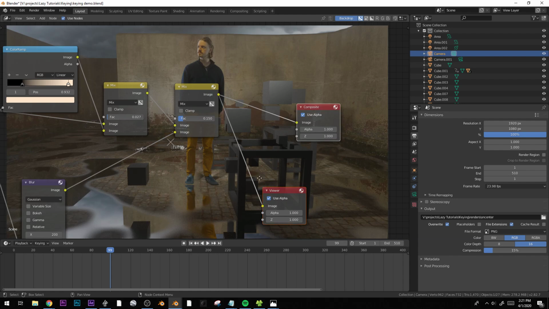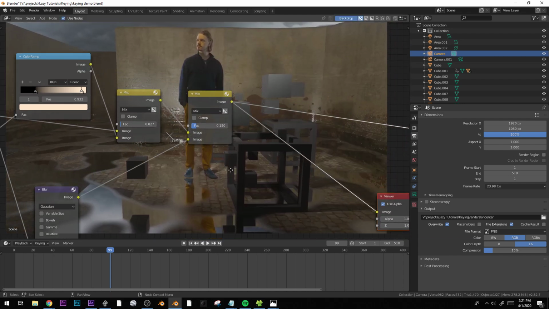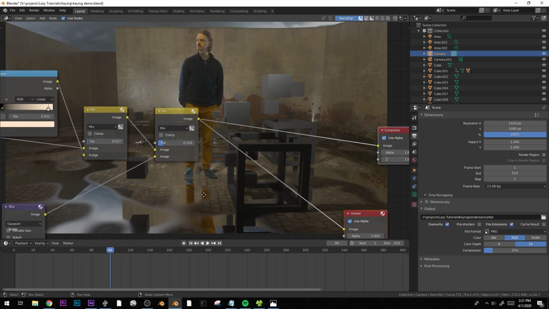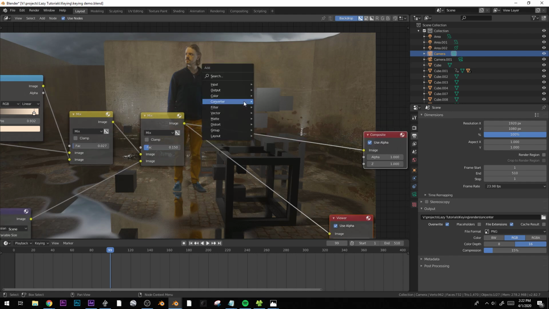You want to keep in mind the order that things happen in real life. I'm going to add a little lens dispersion on here, which is very 2010. But you want the lens dispersion to happen at the point when the light would be entering the lens. I see sometimes the lens dispersion, the chromatic aberration, happening on top of the film grain, which doesn't make any sense because the film grain happens after the light goes through the lens. So I don't know if that makes sense, but